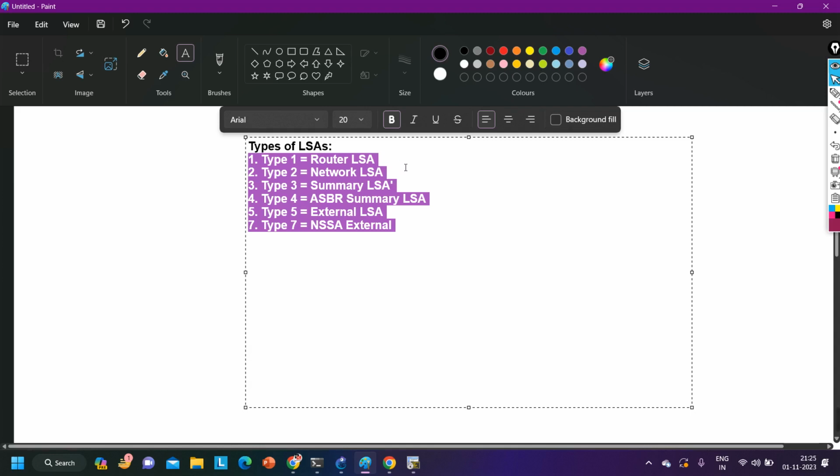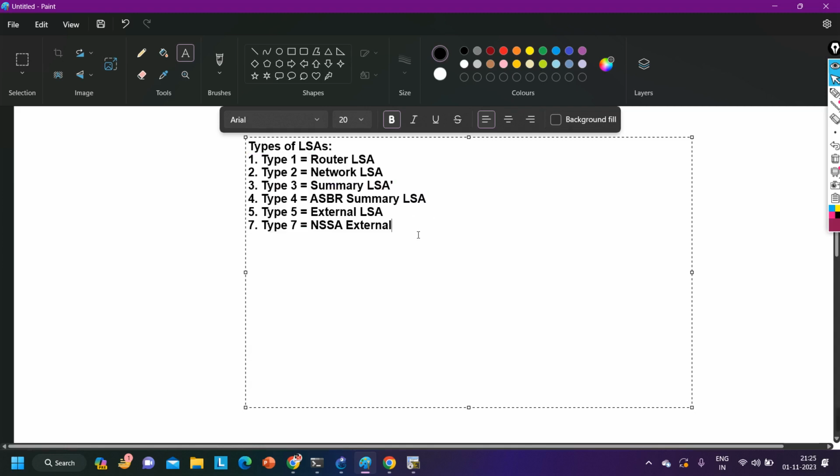And you know, there will be two information in all LSAs. In all LSAs, there will be two common information. First one is advertising router ID, and second one is link ID. All LSAs means LSA 1 to LSA 7, all LSAs will carry these two information, advertising router ID and link ID. You will see advertising router ID will be always the router ID of router who is advertising